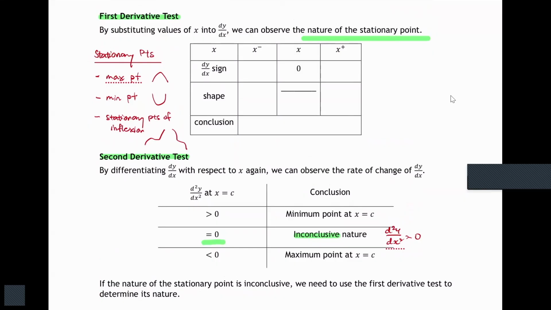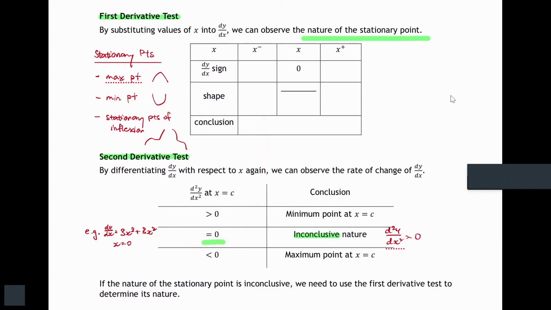Some polynomials, you can expect this kind of situation, where all terms are a function of x. So maybe like an example we see, say 3x cubed plus 3x squared, something like that. If this is your dy dx expression, and I want to determine the nature of stationary points when x equals 0, it is likely that after I differentiate and sub x equals 0, I will still get d squared y over dx squared equals 0. So therefore, I need to go back to doing first derivative test.